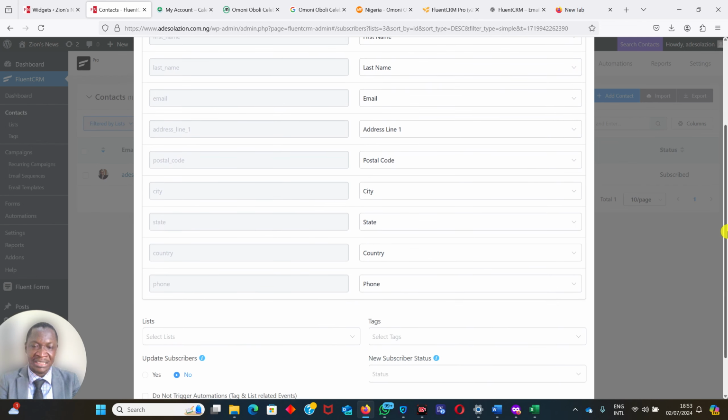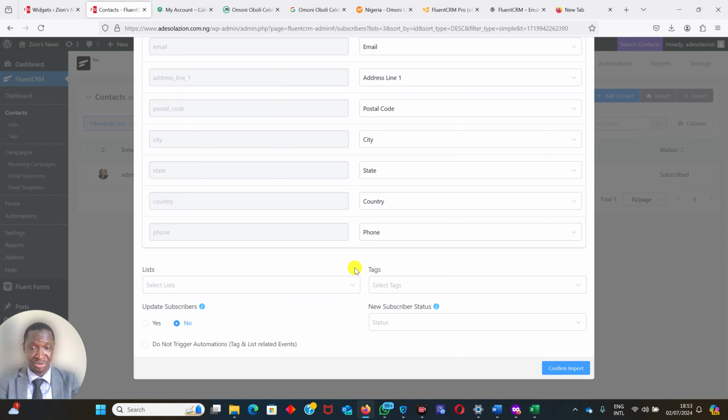Of course, I don't have other details, but you can fill other details, like I said, but not too compulsory, depending on your requirement. Then here, I will need to select the list I want my contacts to be added to. So you have created different lists, like admission list, VIP list, product list. Don't forget that's what we did earlier. So I click here and I select admission customer list. That's what I want to do. If I want the 3, I can add it to the 3. Look at it there. I think so that this practical will be easy for you. Please, you can add it to the 3.